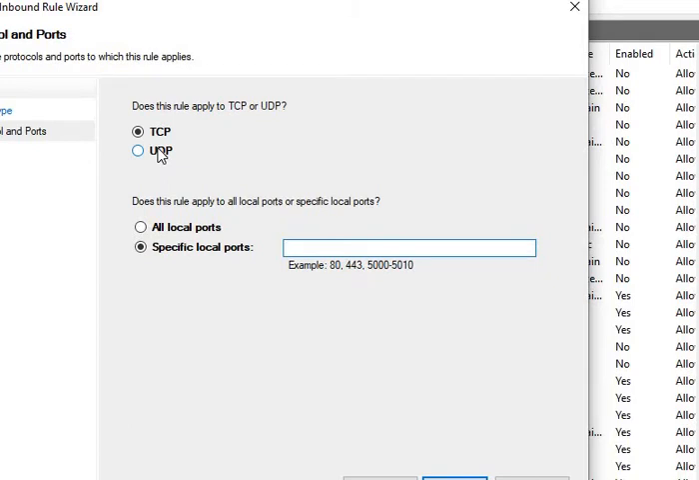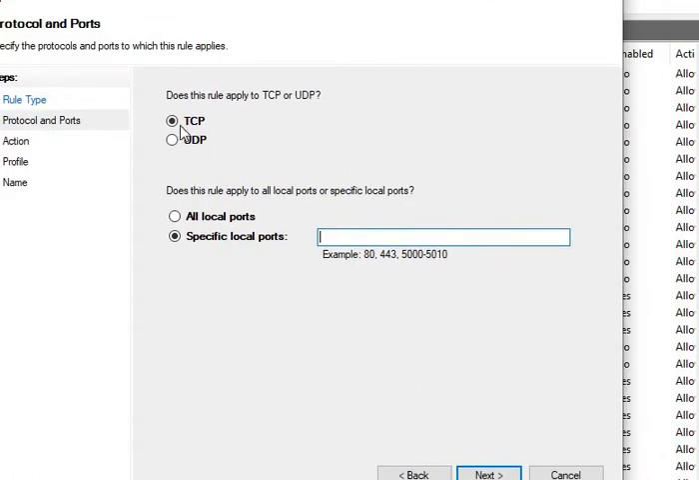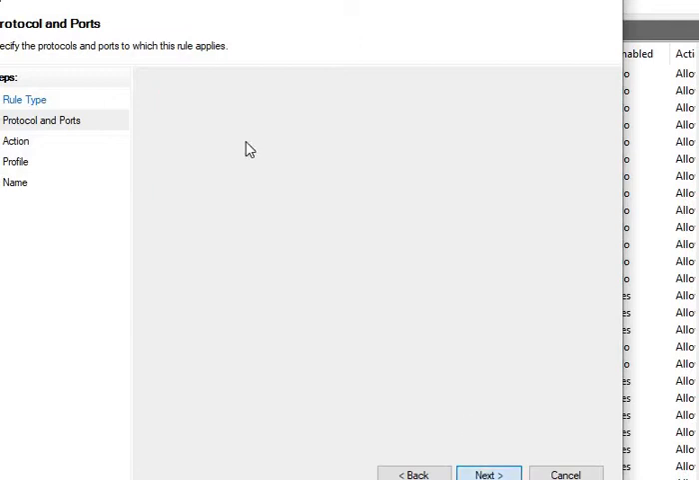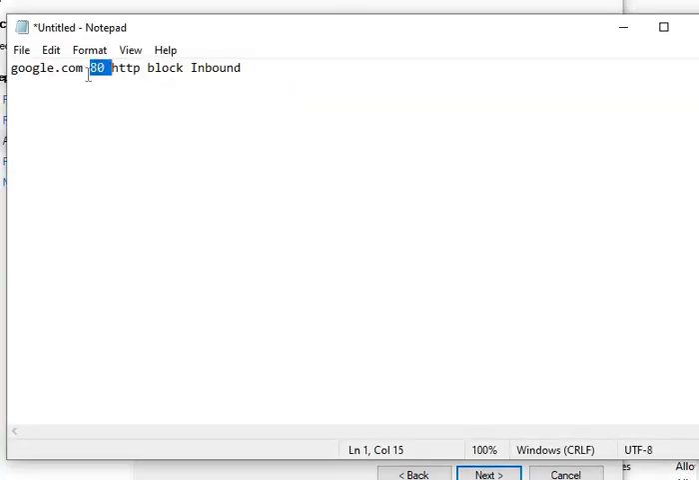Exactly which type of protocol would I like to add on the particular port, TCP or UDP? Let's go with TCP, and on which port? Let's say port number 80. Go to the next. So what I'm trying to say is, allow the connection, allow the connection if it is secure, or block it. What I'm ultimately doing here is on port number 80, that is the HTTP protocol, either block